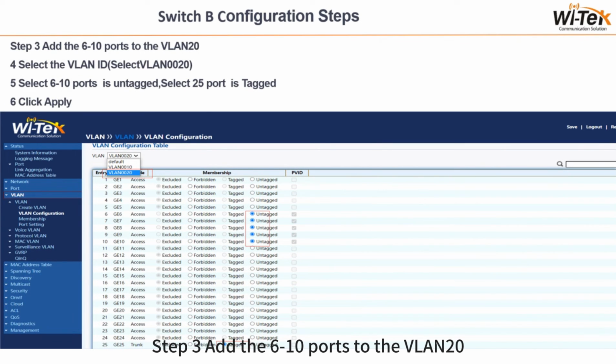Step 4. Add the 6 to 10 ports to VLAN 20. First, select the VLAN ID, select VLAN 20. Second, select 6 to 10 ports as untagged. Select port 25 as tagged. Then click Apply. At this point, the VLAN configuration is